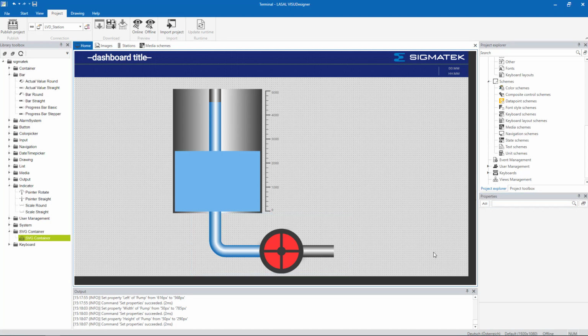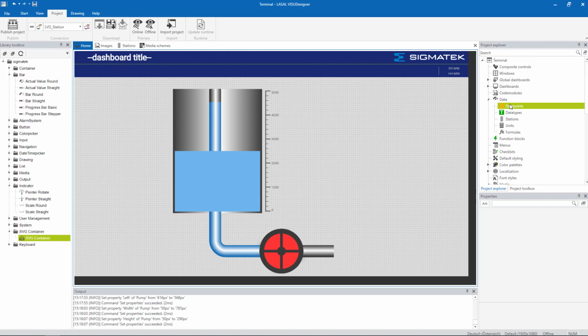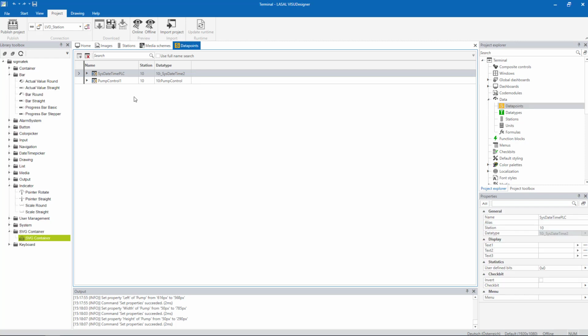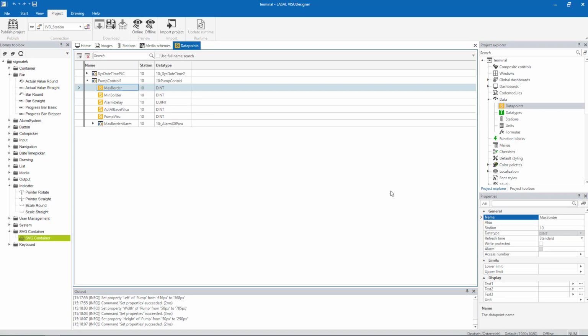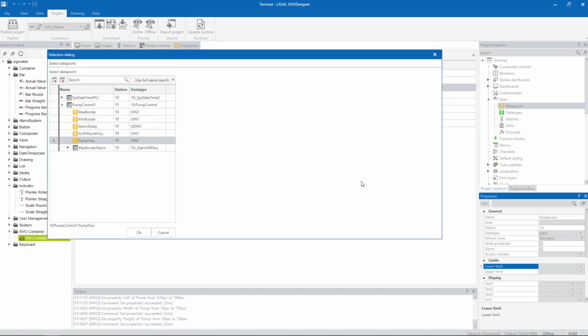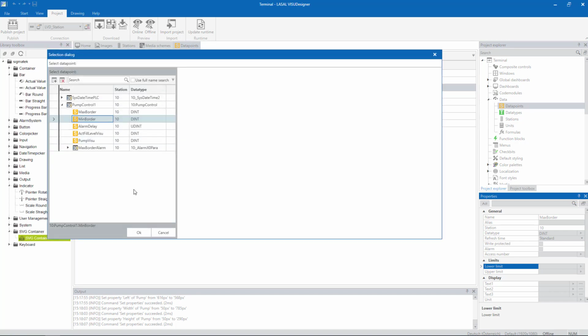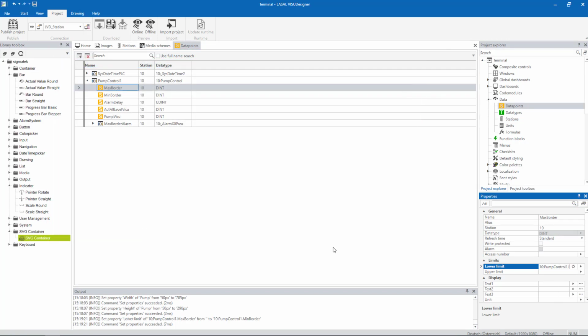Next part would be that we have to set the minimum border, maximum border, and the actual fill level. So therefore, I just switch over to the Project Explorer and I will go to Data, Data Points. And the first thing that I do, I just set up my maximum border. So I just click on maximum border. So for maximum border, you just go to the properties, go to limits, and as lower limit, we just take the minimum border. And as upper limit, I go with